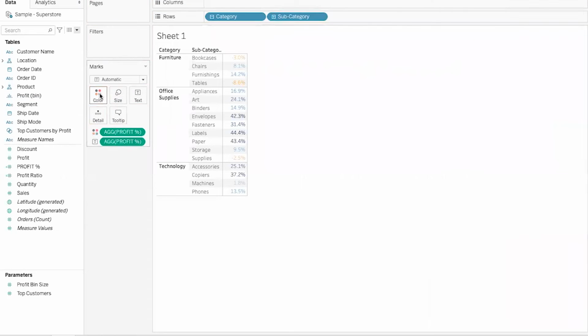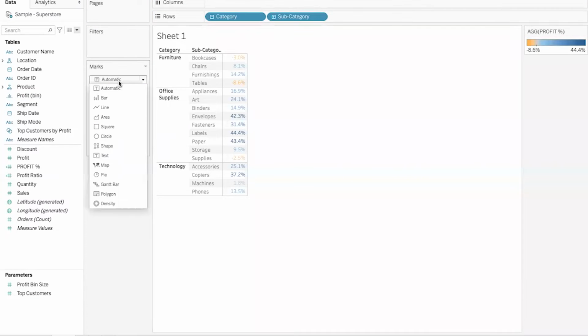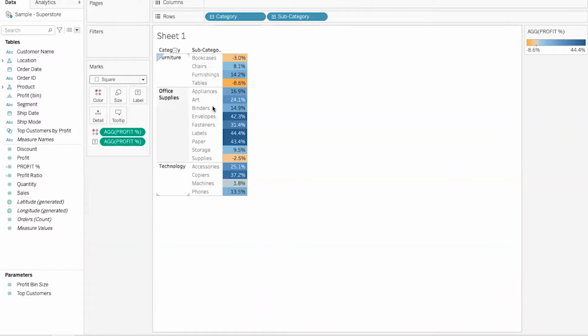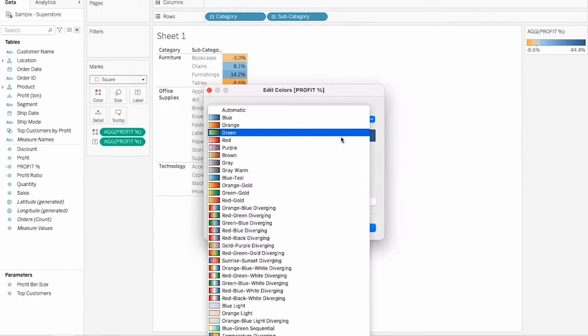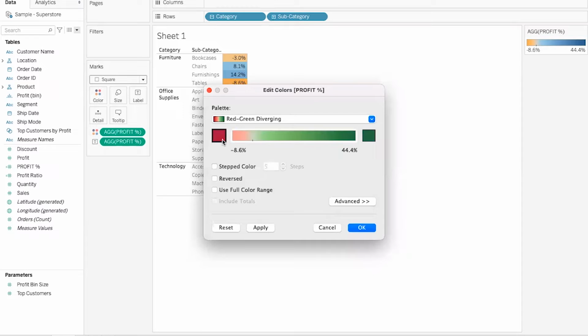Simply click here, go to the square. See, wherever there is a reddish, or okay, let's change it from here. We went here, we just choose red, green, diverging. Red means the lowest one, we can step it, but we won't apply.